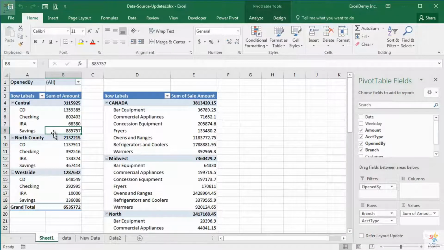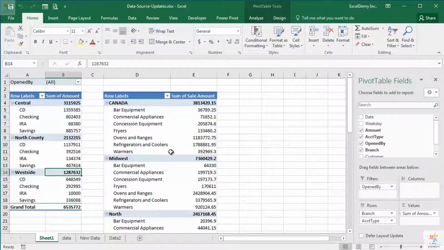The reason why I am showing you this pivot table again is to memorize these numbers. Total deposit in central branch is 3115925. In North County branch is 2132215, and in the West Side branch is 1287632.